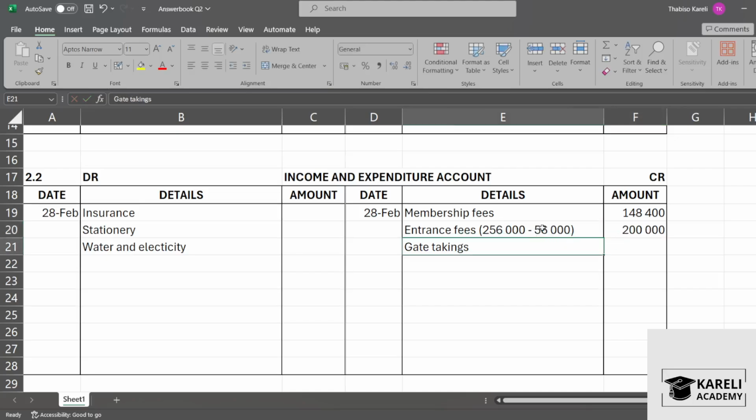It means this 56,000 is now capitalized. Now, if it's capitalized, remember, it will go to our accumulated funds. And then gate takings, and then we go back to our question paper,